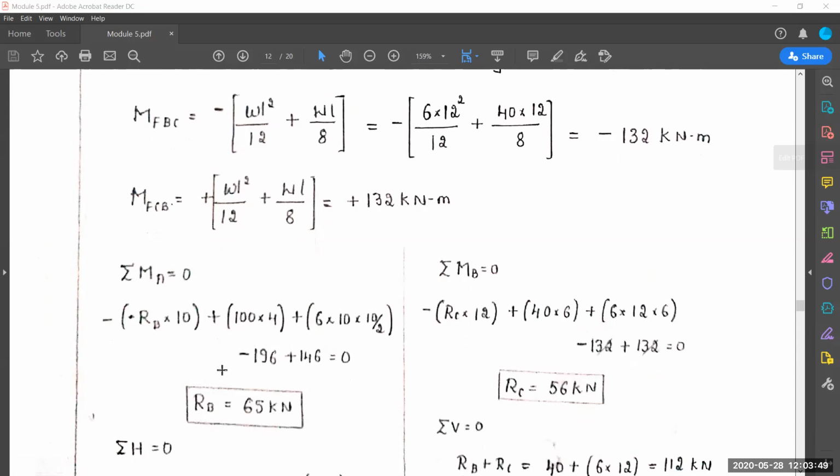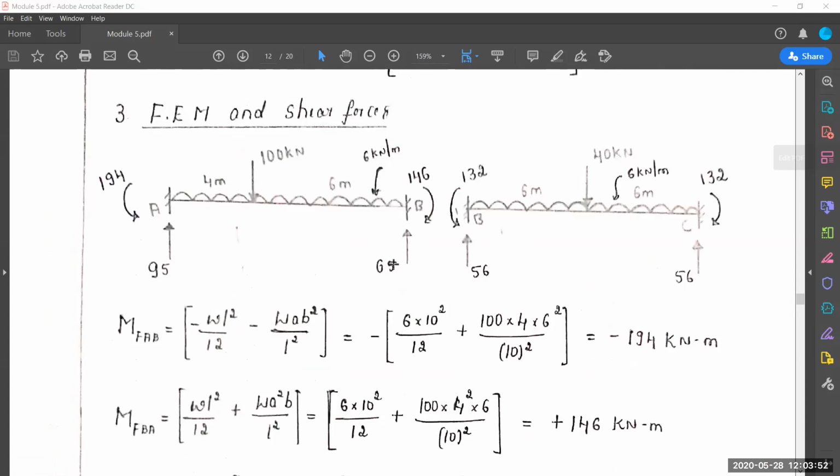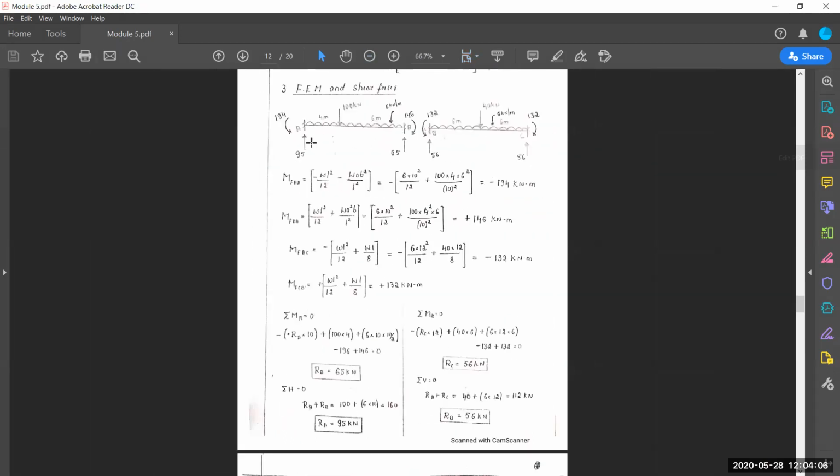Always you have to find reactions. Here, how many reactions are you going to get? And remember one more thing. Whatever calculations you are doing, you have to do it separately for individual spans. Like for span AB, find the reaction, and for span BC, find the reaction. So you apply the summation H and summation M conditions, and you are going to get RA and RB here. Again, for span BC, in the same way you apply the conditions, you will get RB and RC. Just please go through this calculation. Clearly, I have written it, so there is no confusion, I think.